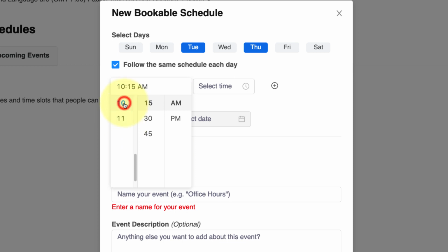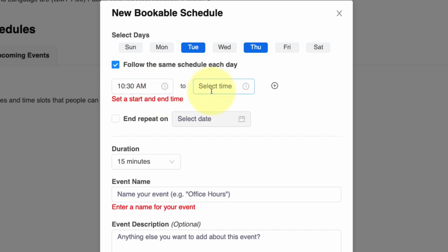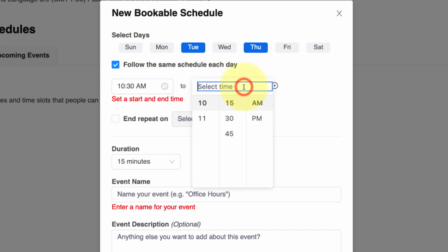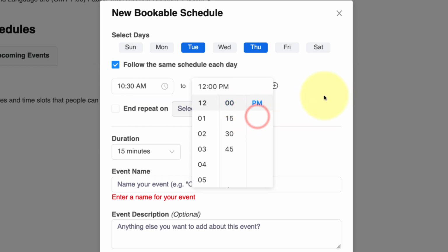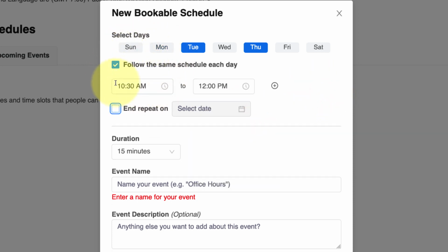I'm going to go to 10:30 a.m. And then I'll go to the end time, 12 p.m. This will automatically repeat every week on Tuesday and Thursday from 10:30 to 12.